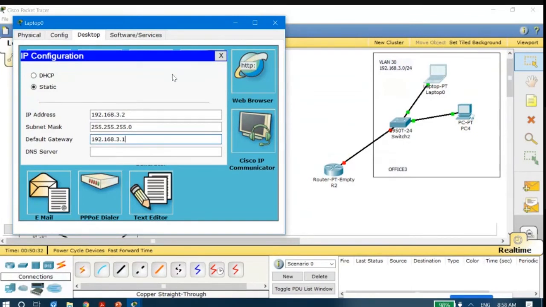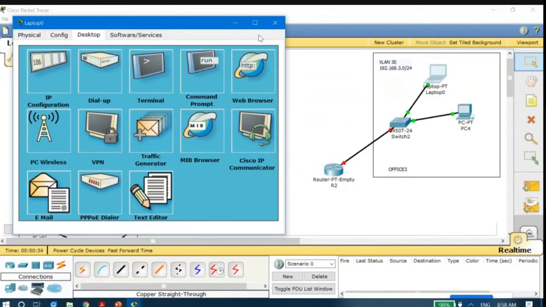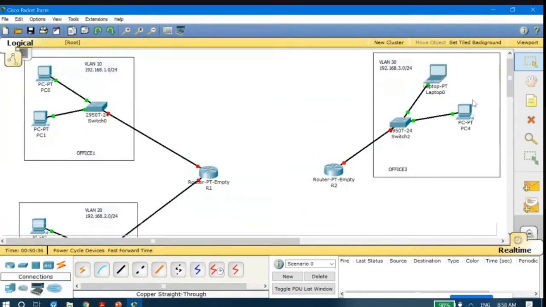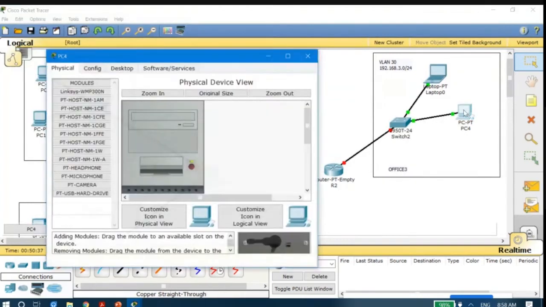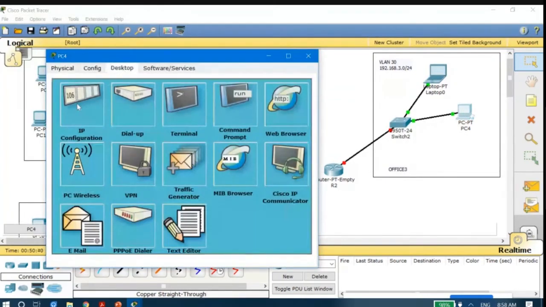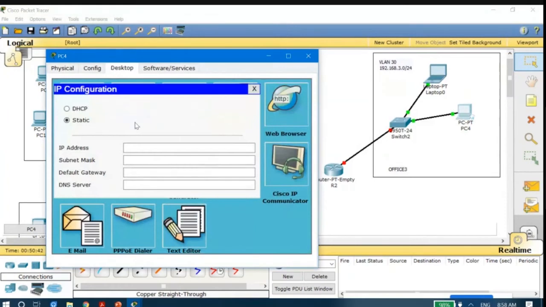So this laptop has been assigned. Next, this PC needs to be configured. Again, I will click on desktop, then IP configuration, and enter 192.168.3.3. Subnet mask is default. Default gateway is again 192.168.3.1. This is also done.